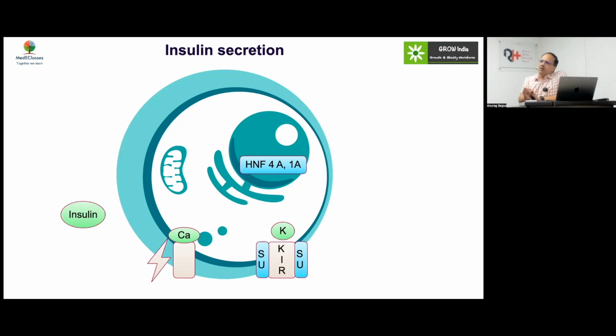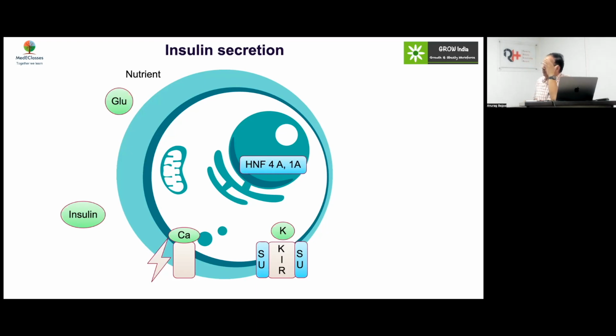So which drug will be effective in treating it? So this will be a potassium channel opener. That is how it will be working in that perspective. So insulin secretion is there. Now, how we link the nutritional status to this insulin secretion is something which we'll discuss.